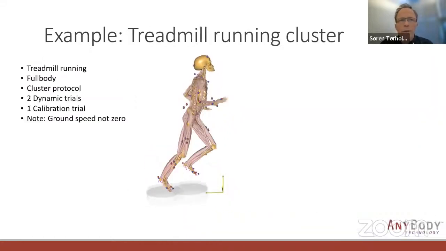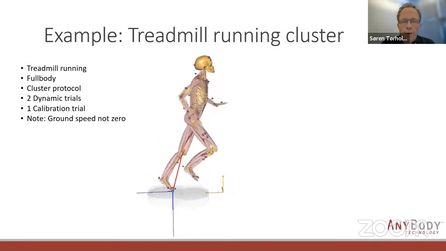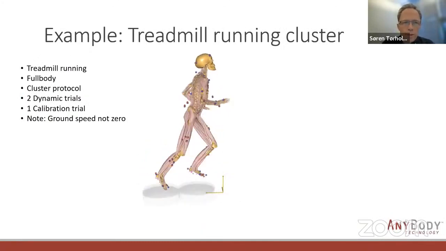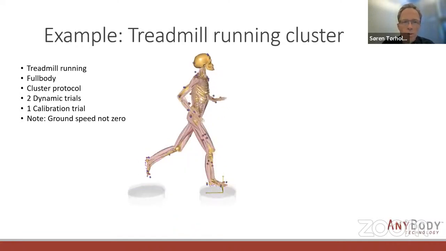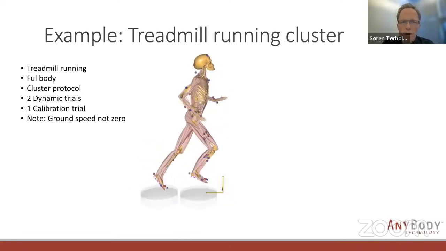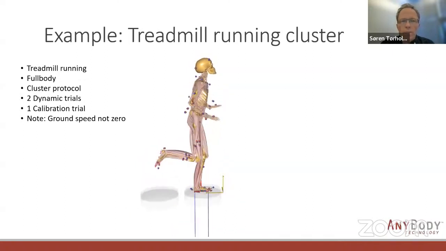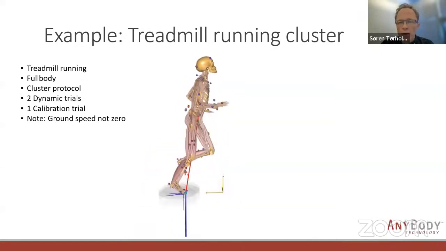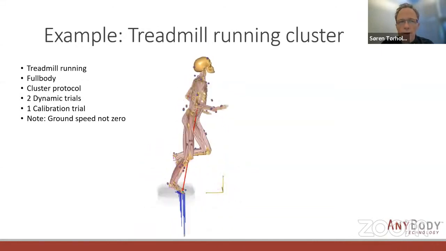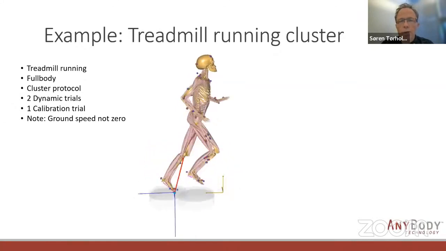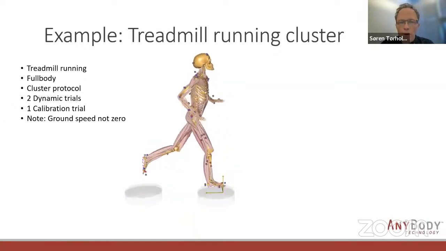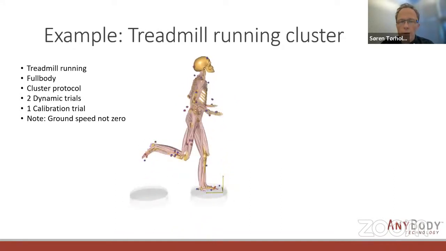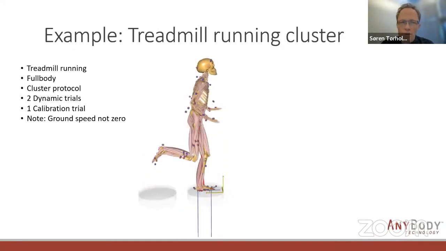The next example I'm showing is a Treadmill running cluster model. So it's on a Treadmill, using a full body model, and it's a cluster protocol. There's one calibration trial which actually includes additional markers which are not part of the dynamic trials. So we have incorporated into these models a switch so you can switch off these markers that are only available for the static trial,